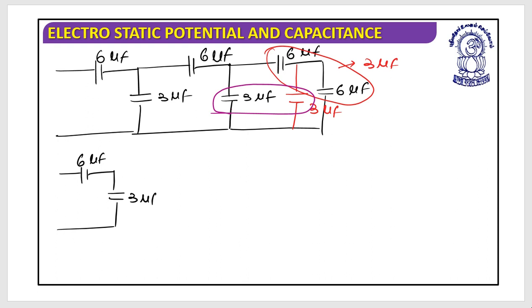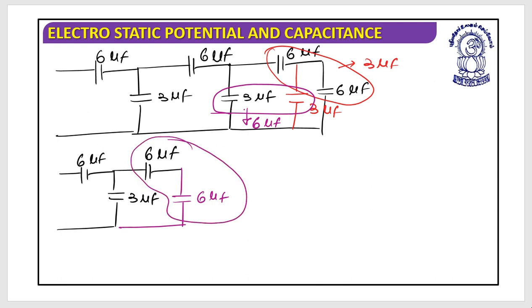This is 3 microfarad. This is 6 microfarad, and this is again 6 microfarad that I have replaced. This is the 6 microfarad. Now this 2, this 6 and this 6 will be again in series. These 2 are again in series, and if they are in series, then this will give me a 6 and 6. It's a 3. Yes, so my circuit will change as it's a 6 microfarad, it's a 3 microfarad, again